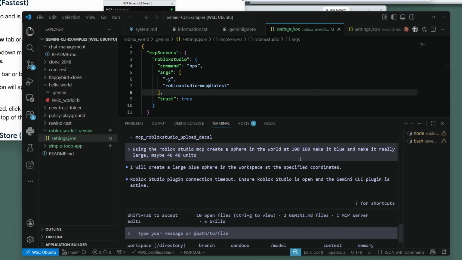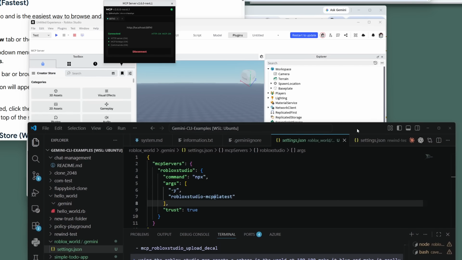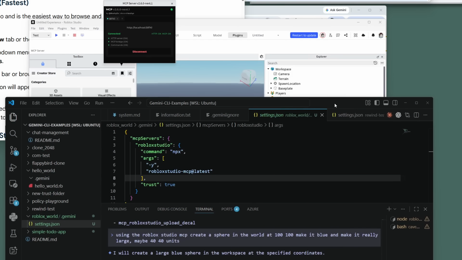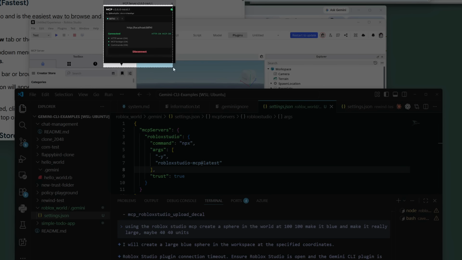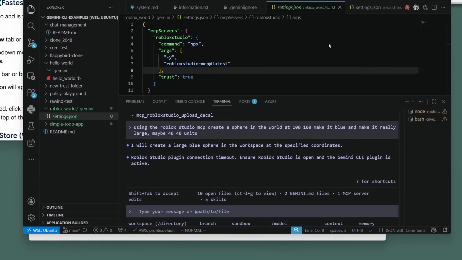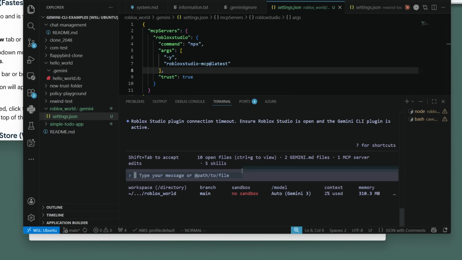So it says it timed out. Ensure Roblox Studio and the Gemini CLI is open. It is. So I'm going to take a screenshot here. There's no way we're going to be able to paste that in, can we? What if I do control? Yeah, I'm not sure about that. So